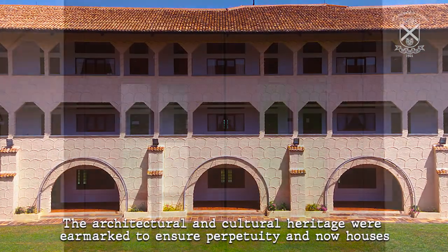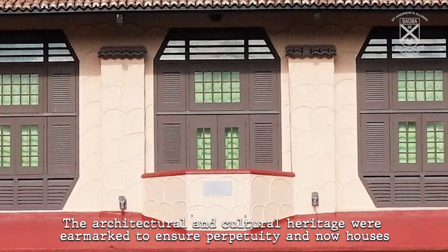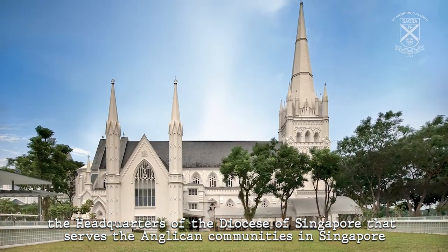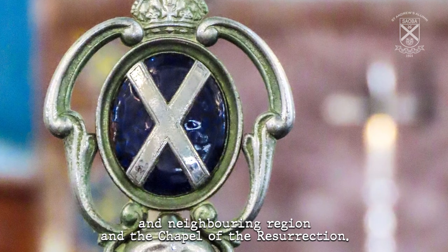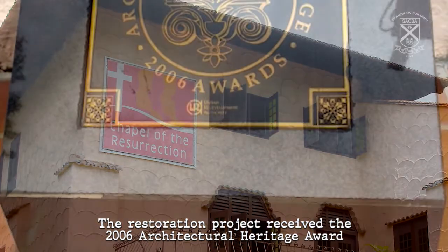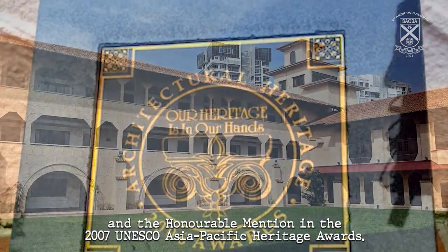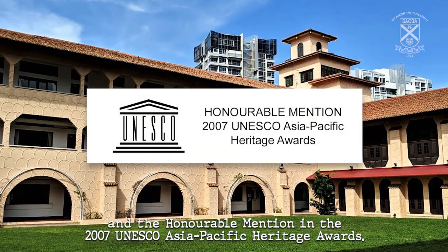generations. The architectural and cultural heritage were earmarked to ensure perpetuity and now houses the headquarters of the Diocese of Singapore that serves the Anglican communities in Singapore and neighbouring region, and the Chapel of the Resurrection. The restoration project received the 2006 Architectural Heritage Award and the honourable mention in the 2007 UNESCO Asia Pacific Heritage